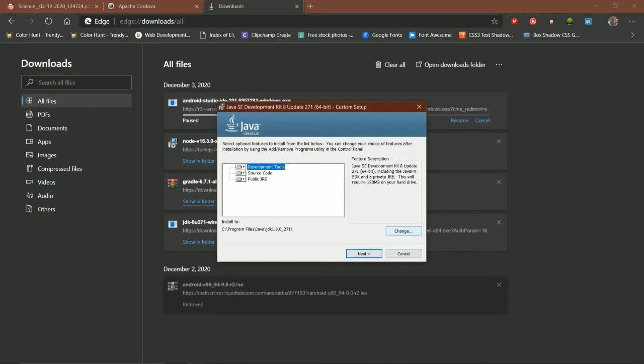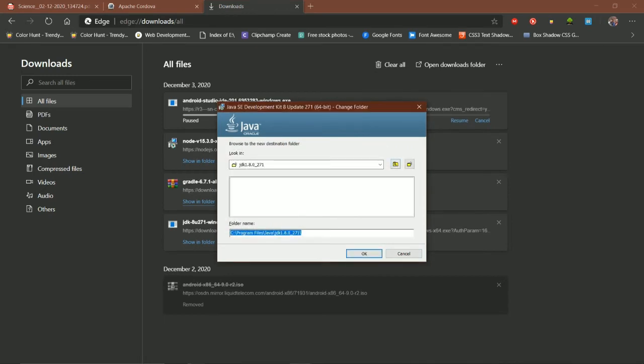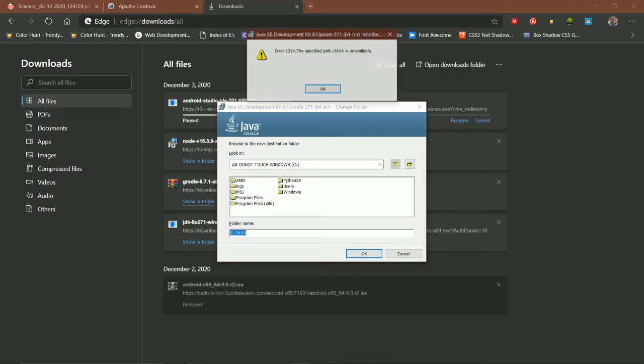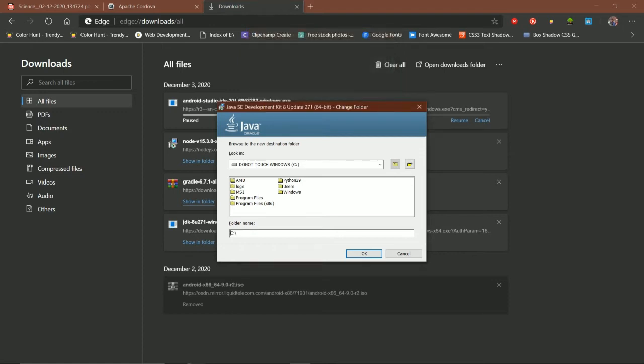Now as you can see, my Java has been downloaded. I clicked on it. Now I'm going to install it. I am choosing a custom path again. You may download in the C drive only, but I would prefer you use a custom path. Even if you are using the C path, which it allows you to, you have to just remember it or copy and paste it somewhere, because we will need it afterwards,